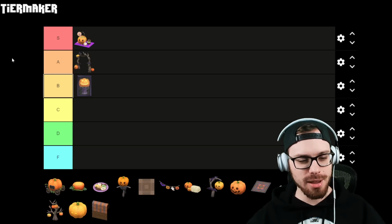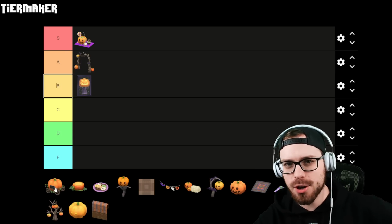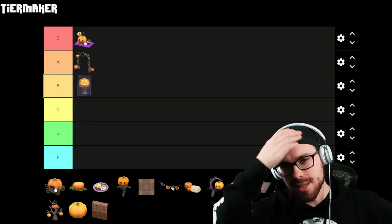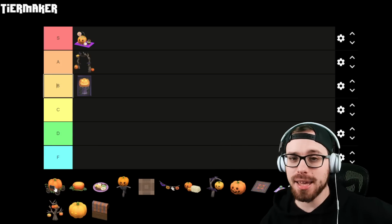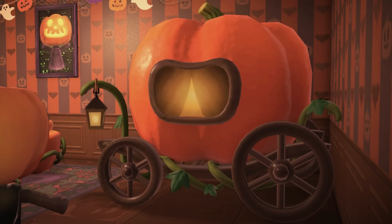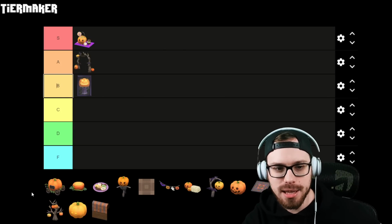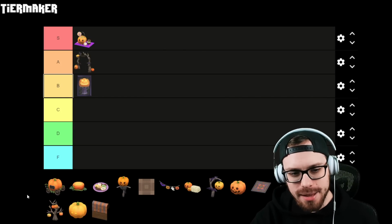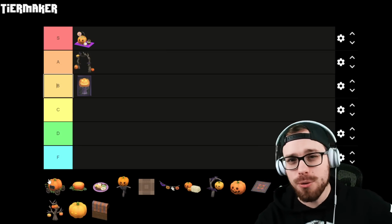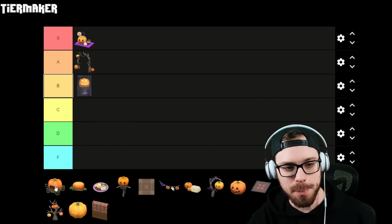Anyway. Next up is the Spooky Carriage. And this is kind of the grand finale of Halloween in Animal Crossing. This is the last item you get. I feel like it is a really, really cool item. But here's where the hate happens, okay? I don't know what to do with it. I don't have a sort of fantasy theme like that. So I feel like the Spooky Carriage is kind of like a trophy to me. I don't really know what to do with it. I've seen really good uses of it, but because of that,